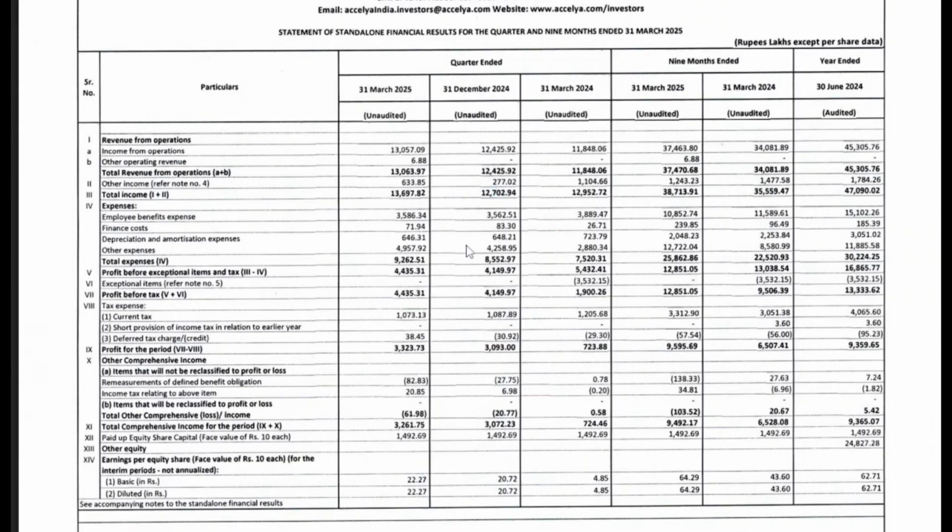Now let's come to expenses. The total expenses were 92 crore out of 136 crore. For the same quarter last year, it was 75 crore. If you take the 9 months period, it's 258 crore of the 387 crore. So that leaves roughly 128 crore in hand as profit. And this was 130 crore for the last year. So the profit has gone down slightly.